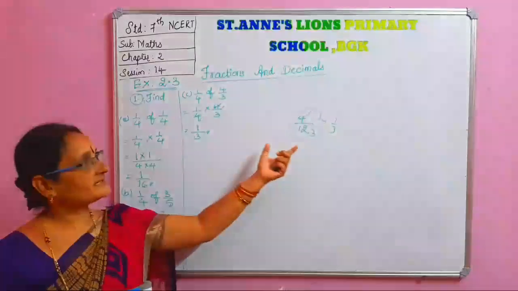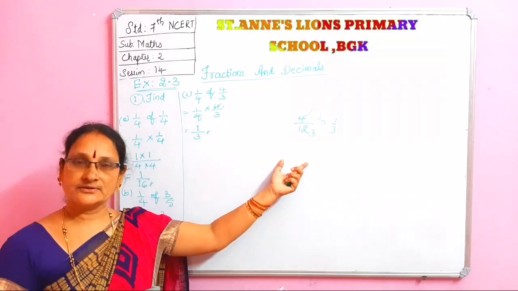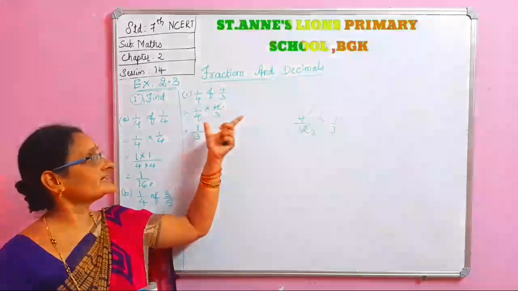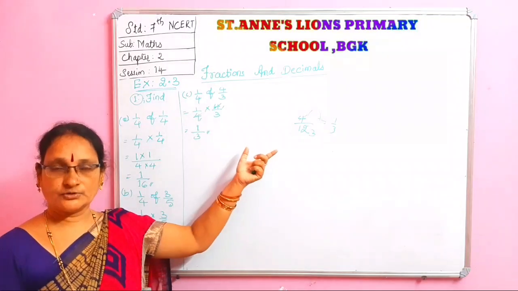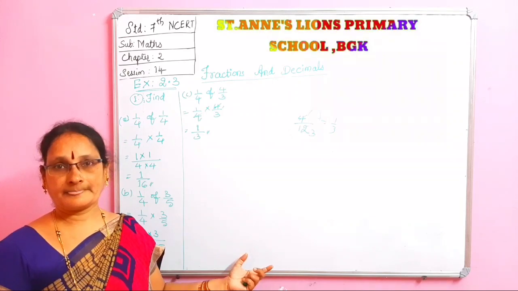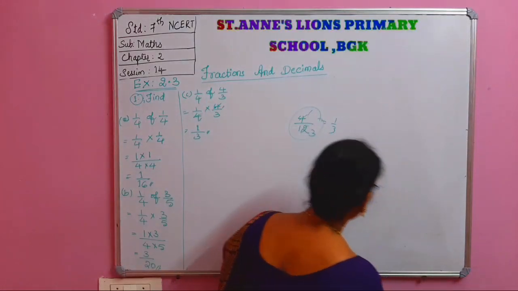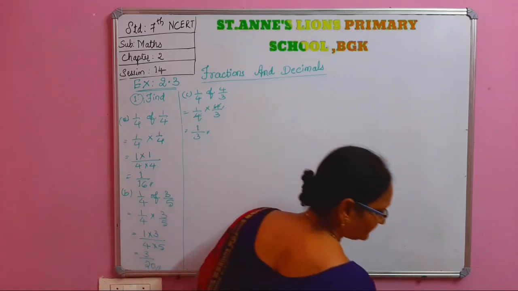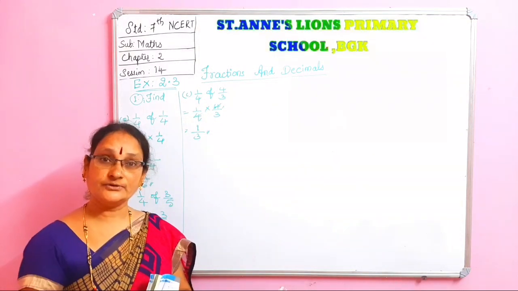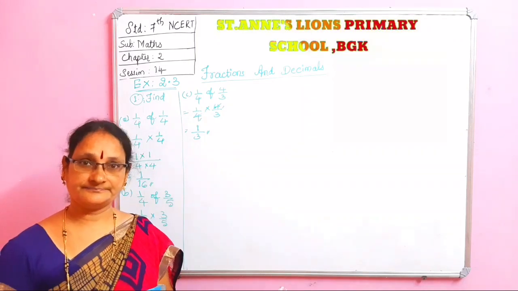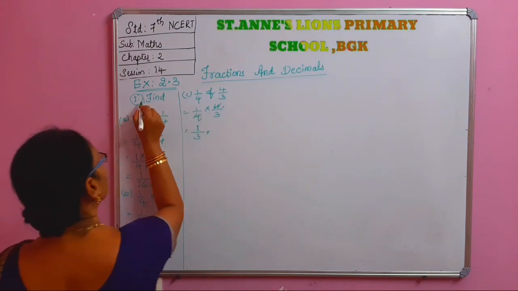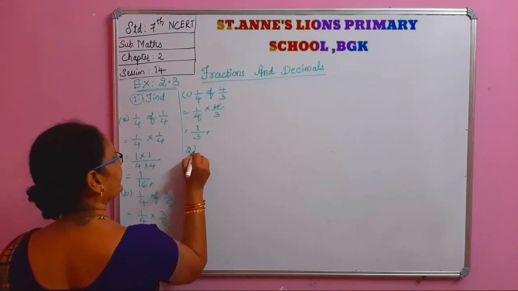If you keep the answer 4 by 12, you may lose 1/4 mark, sometimes half mark also. Here cancellation is very important. You must learn the cancellation in this stage only, perfectly. So this is the method of learning, these small minute things, so that in the higher classes you can do the mathematics sums very easily. So the second main, in the first main only, this is now the second.